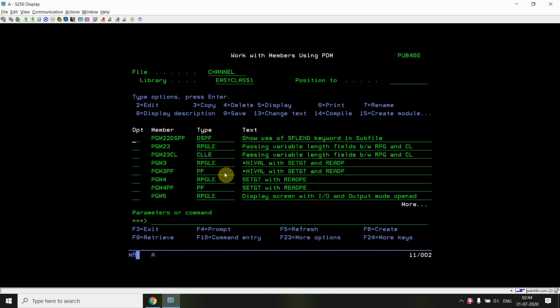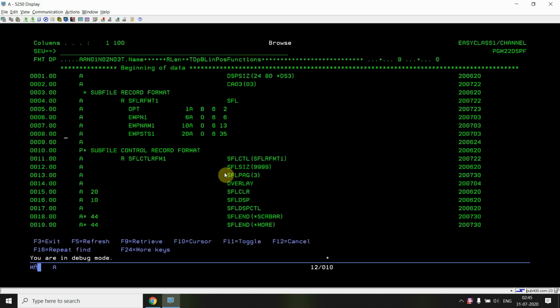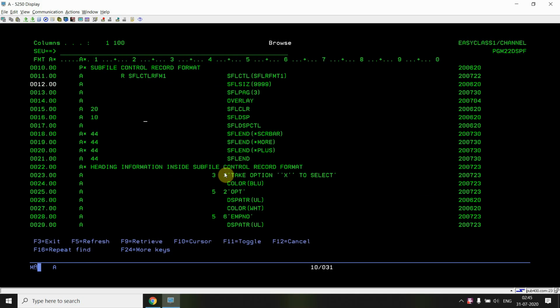So I'll be quickly showing you what I have written in my code and how I handle that SFLN thing or indicator in my RPG program. So this was the subfile display file where I have one subfile format, and one subfile control format where I just declare the size and page.